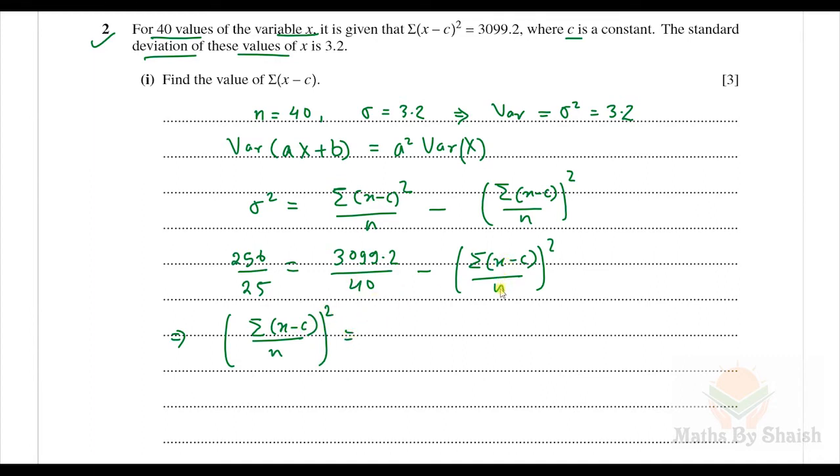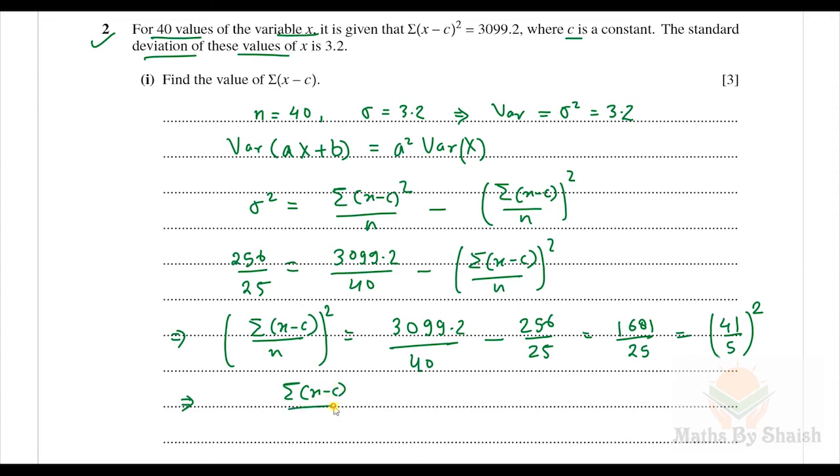So x minus c over n whole square, I bring it that side, and we get 3099.2 over 40 minus 256 upon 25, and this value is going to be 1681 over 25, and we know it is the square of 41 over 5. We can calculate it from the calculator. So we can take the square root on both sides, and we will get